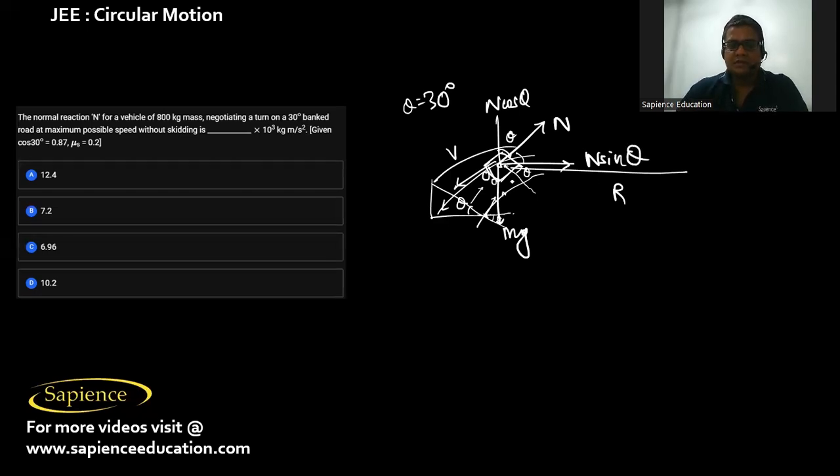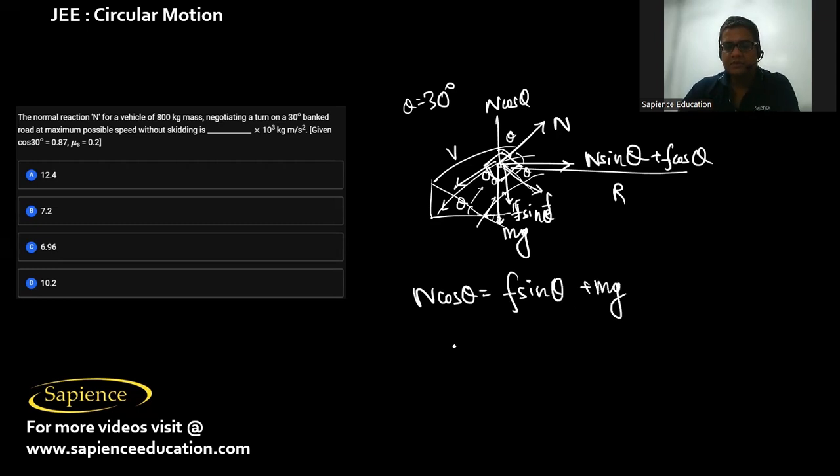And friction is also acting. Friction will act down the plane. So this is theta. So this is n sin theta plus f cos theta. And this will be f sin theta. So n cos theta will be equal to f sin theta plus mg, and n sin theta plus